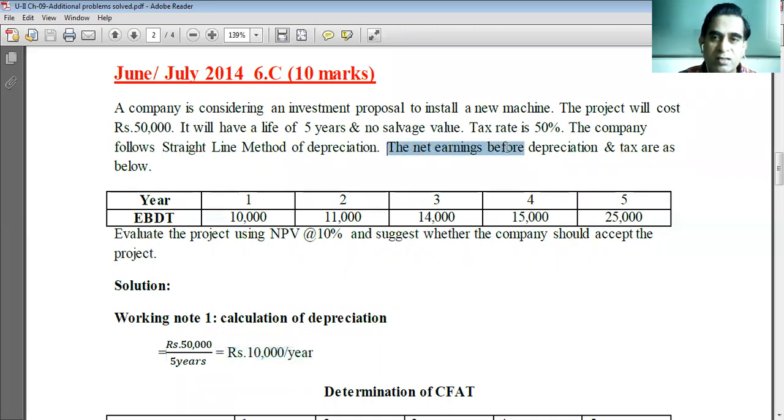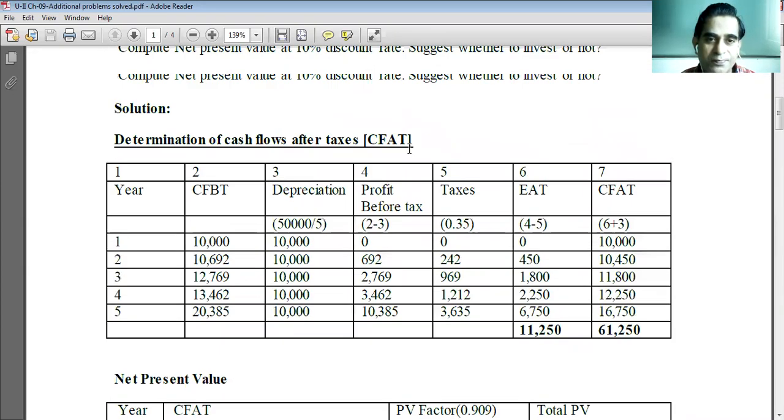The net earnings before depreciation and tax are as below. So they have also given the same data. See, I have told you, you need to remember and understand these terms. A lot of terms are used interchangeably here. So in the previous problem, what we said,